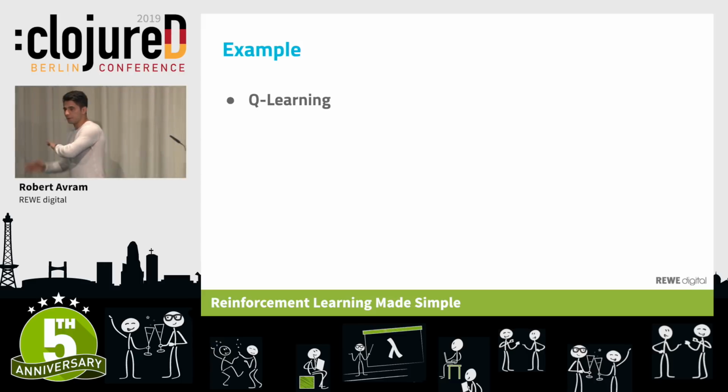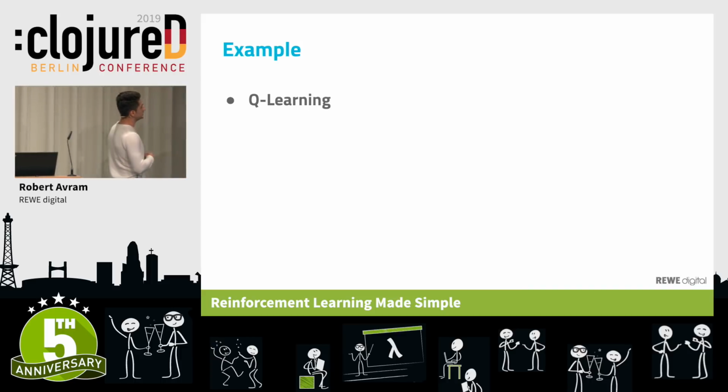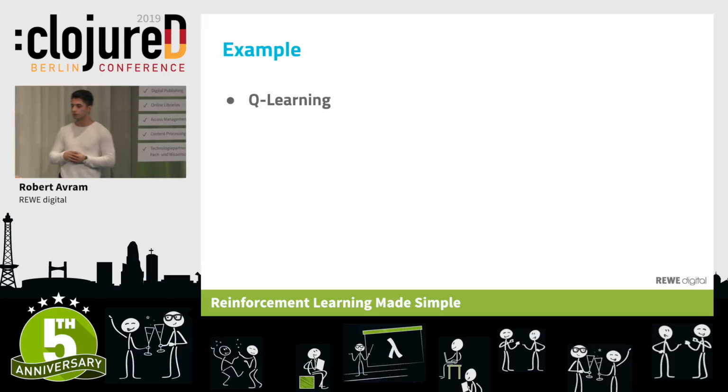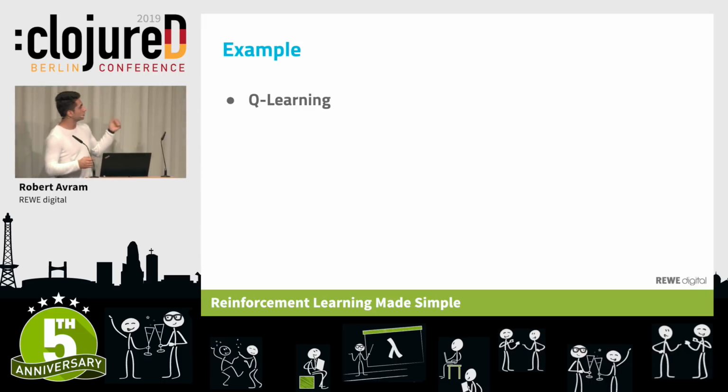Now, that's basically it. That's reinforcement learning. You need not know more about it. It's fairly abstract, and it's fairly simple to understand. And I'd like to show you that you actually need not know more in order to do something with it. So I would like to implement with you together an algorithm of this domain. And the algorithm that I've chosen is Q-learning.